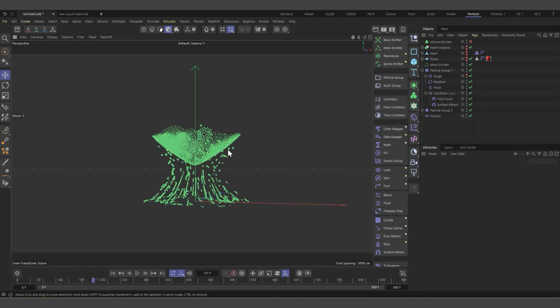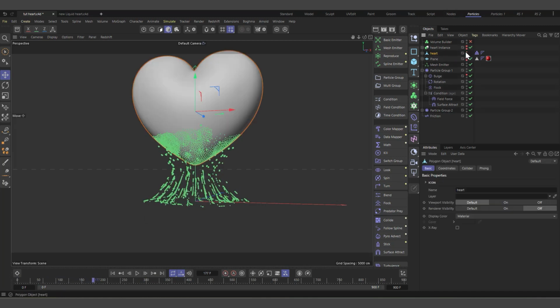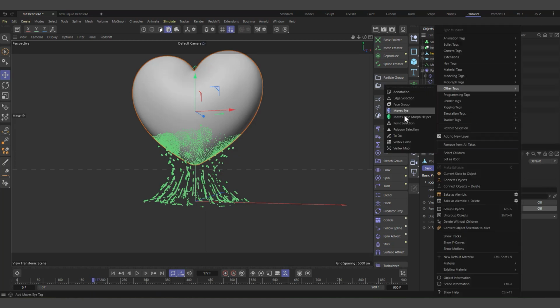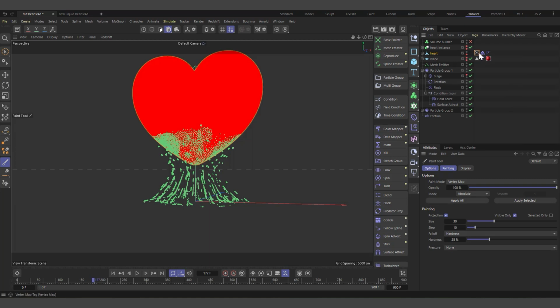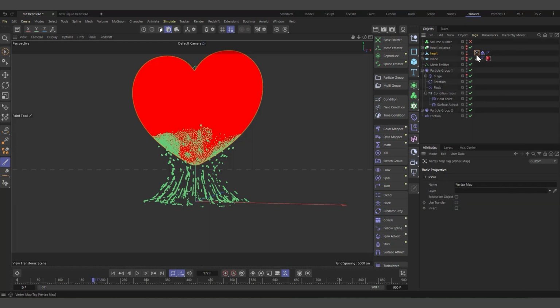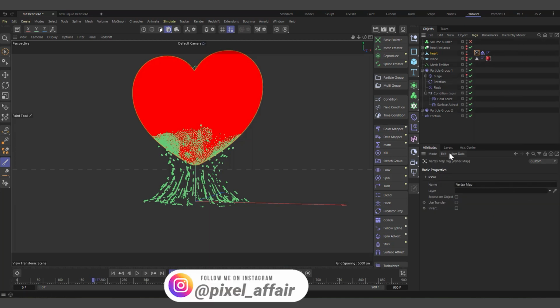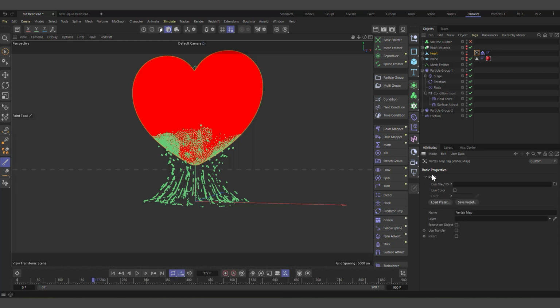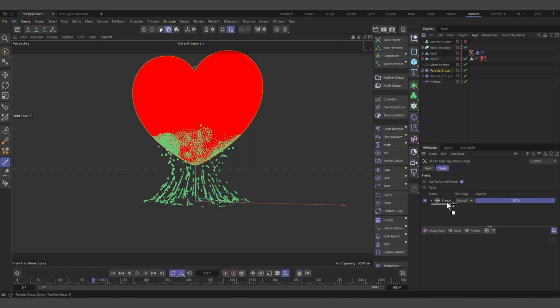Now what we want to do is, if we bring back our hat object, we can right click on the hat, add other tags, vertex map to the hat, and select the vertex map and come to properties. When you open this, you can check use transfer, and in there we have freeze. Let's leave the freeze there and add our particle group 1 to it, and you can see now it's giving us this